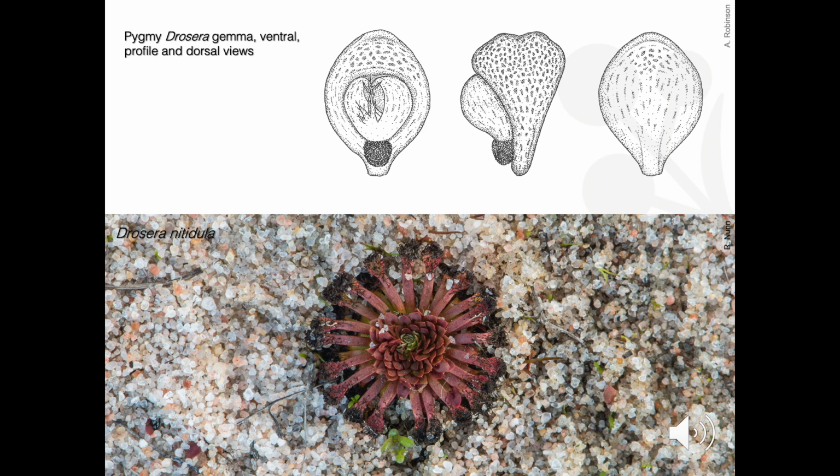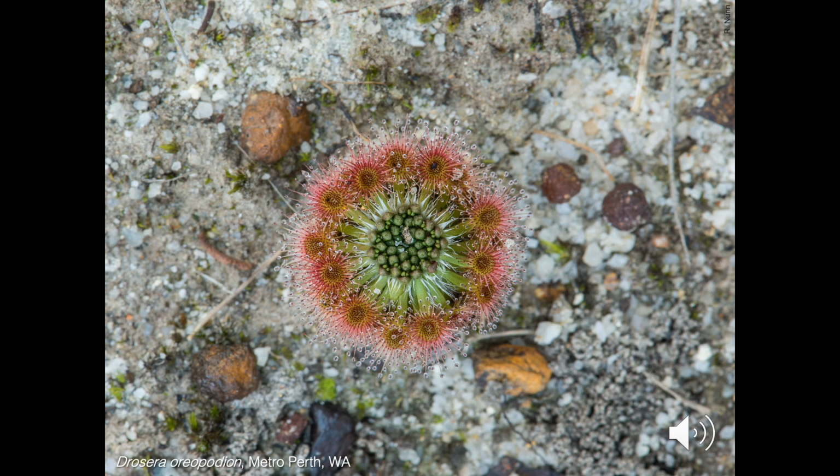The pygmies also include several of the rarest carnivorous plants in Australia. This is one of them, Drosera aureopodion, known from a Perth railway reserve in a single patch smaller than this stage, so about 20 square metres. It was discovered long after the Perth suburb it's found in was developed, and today this lonesome species is threatened